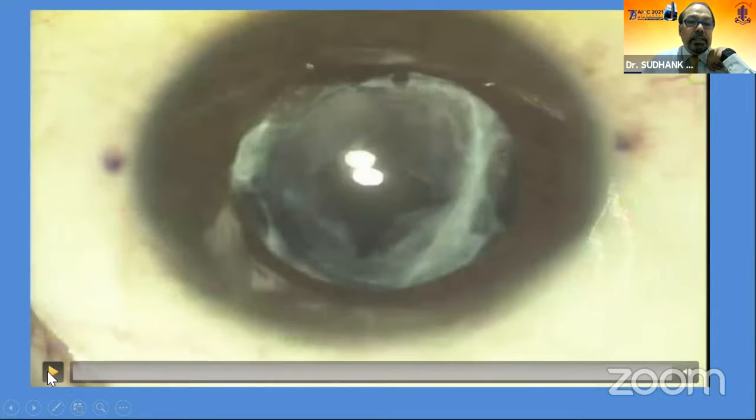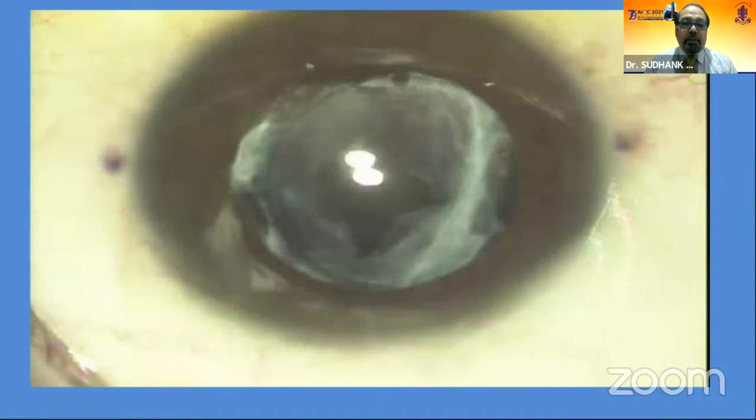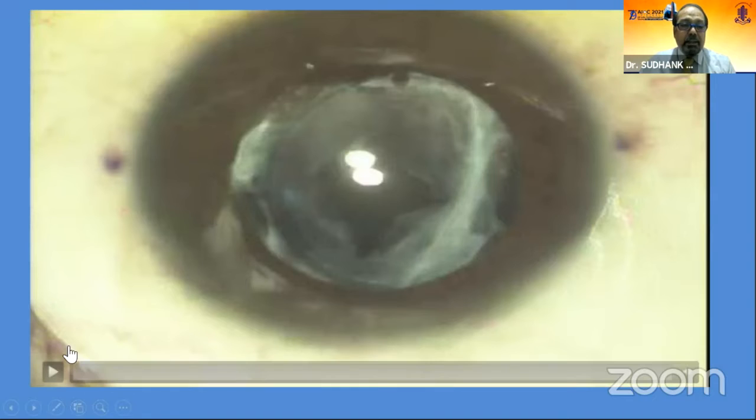As you know, in all those cases where there is a refractive error after IOL implantation, there is a need to do a refractive correction. If the refractive correction needed is very high, then laser vision correction and such possibilities are not there. And if you look at this eye, it has got the posterior capsule YAG laser done. It is already an open posterior capsule. So in this particular case, there is no possibility of exchanging the IOL as well, because if you exchange the IOL, you'll not be able to put a new lens, and there is a lot of iris atrophy also.